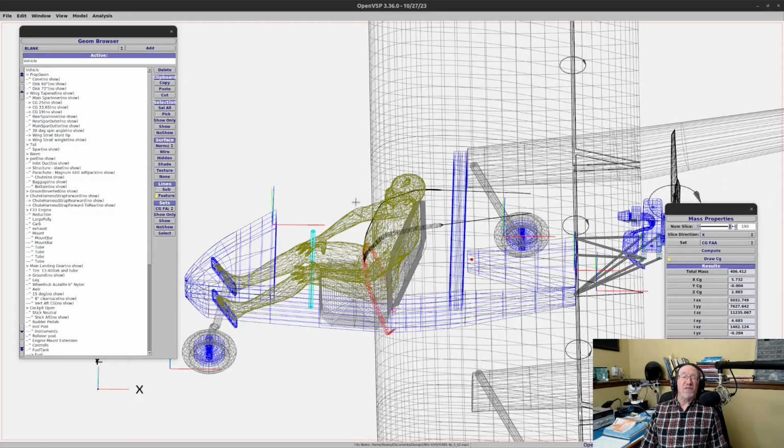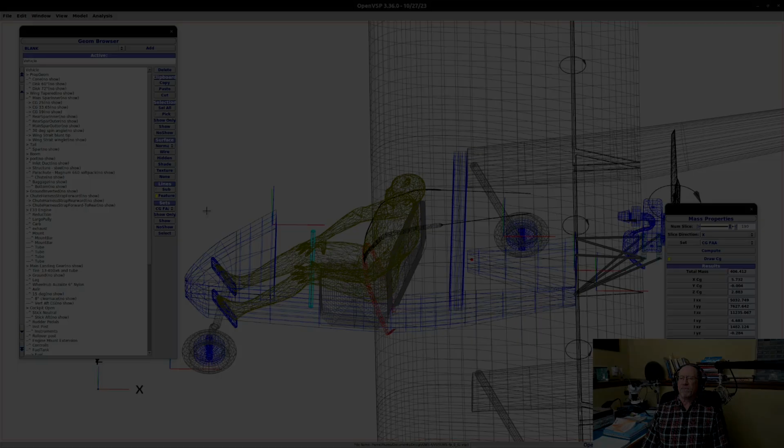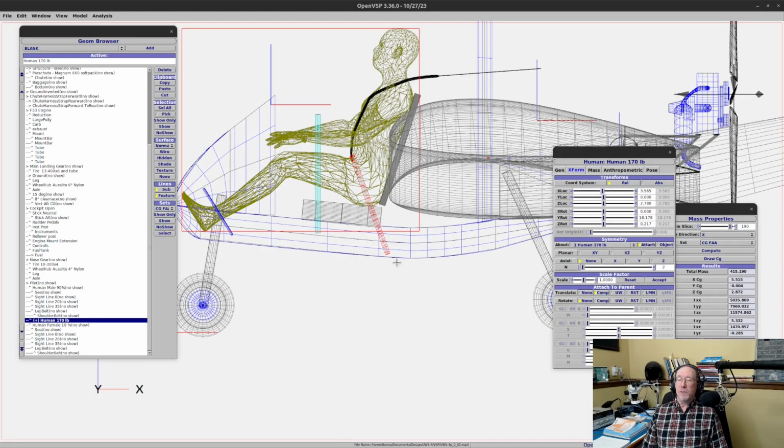But I like using OpenVSP, it's a lot of fun. So I'm going to fiddle with this, and I'm going to get that center of gravity up a little closer, and then we'll be right back. I've moved the pilot a little bit, and that's moved the CG a little bit forward, but I wanted to